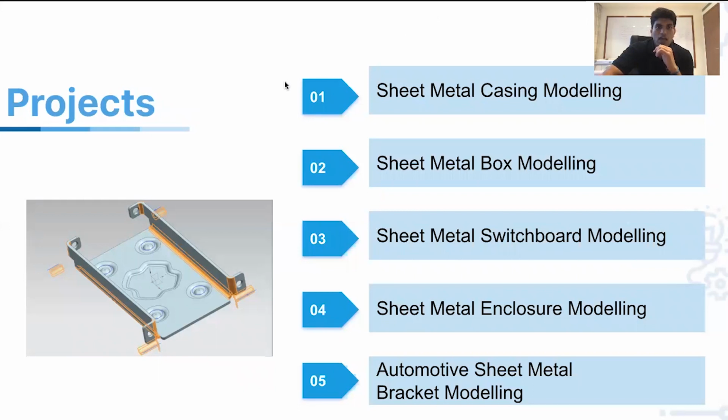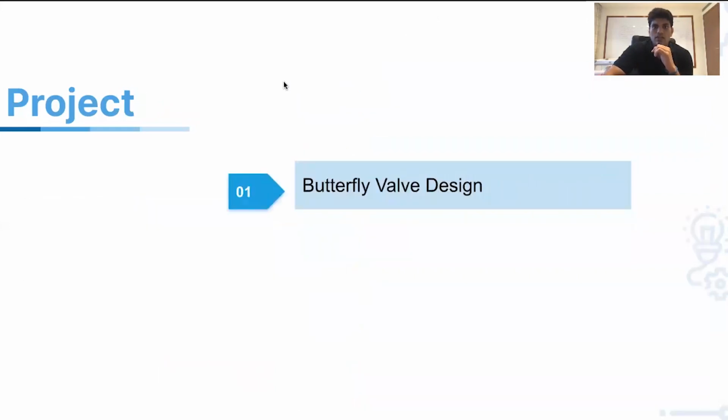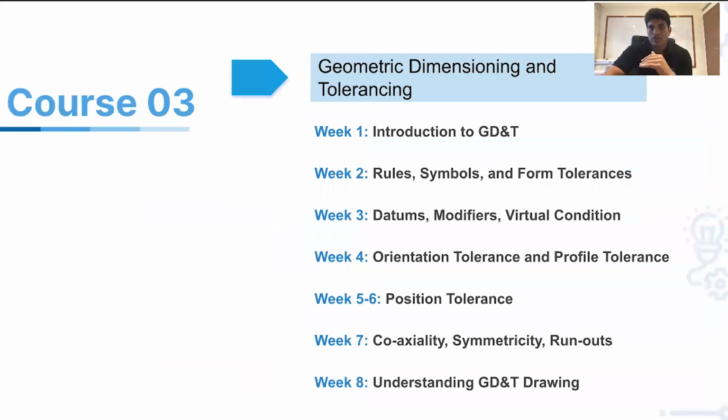Right? So once you have this, what you will be looking into is our geometric dimensioning and tolerancing. Here, you will basically go over all the rules, symbols, what tolerances are, the different types of tolerances, orientation tolerance, profile tolerance, position tolerance, and an in-depth understanding of GD&T. So in GD&T, there are 2 aspects according to ASME. One is ASME read level, then ASME write level. ASME write is the advanced one, ASME read is the intermediate one. This particular coursework allows you to go to the level of ASME read level, right? So that is what this particular coursework allows you to do.